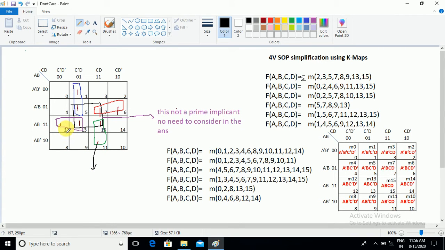You can consider it in the answer, and this one is also a group, because here 2 cells are grouped and one is left without overlap. Here also 2 cells are grouped, and one is left without overlap. And the red color group is also considered in the answer. Now the answer will come from these 4 groups of 2 cells.